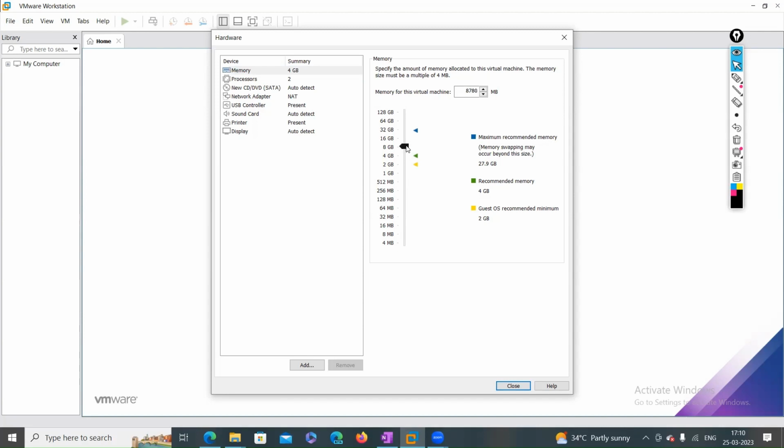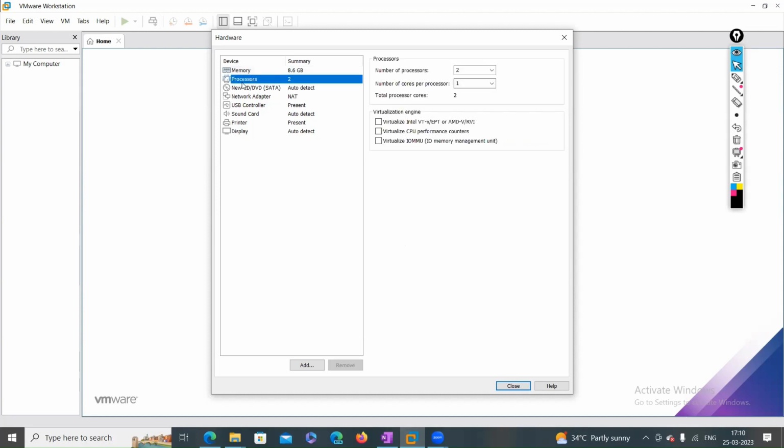I just want to increase it to 8 GB RAM. And for the processor, I have a total of 8 cores. Each core has 2 threads, 16 threads in total. So in that, I'm going to allocate 50 percent of my CPU resources